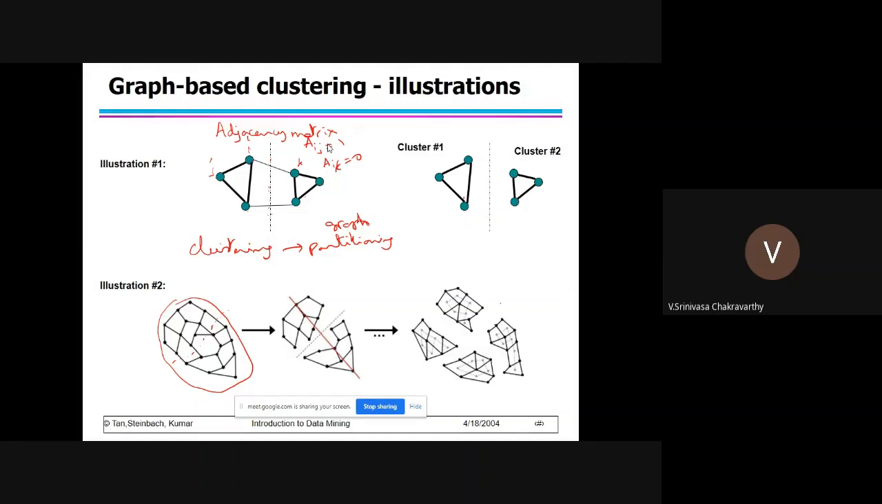So we said if you take the entire distance matrix or proximity matrix of the data set, you can map that onto the adjacency matrix of the graph. So then the clustering problem becomes the graph partition problem. That is, how do you cut the graph